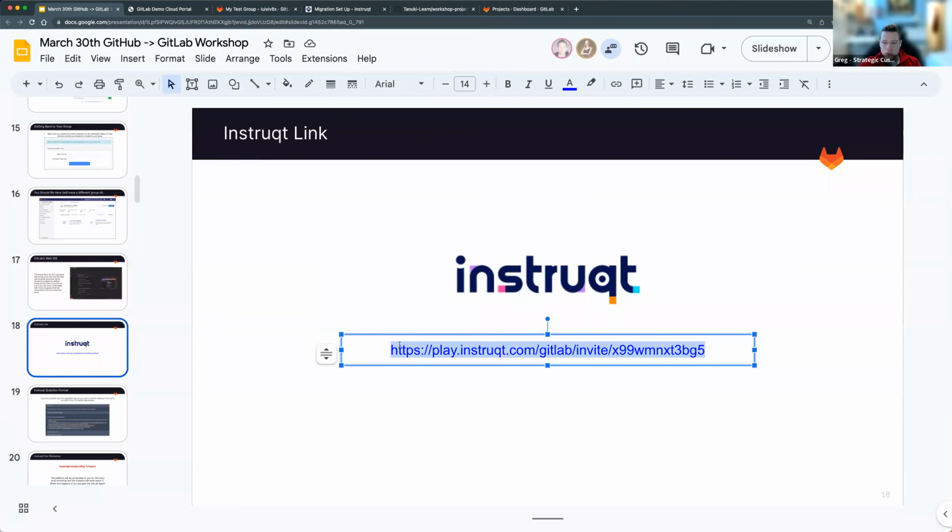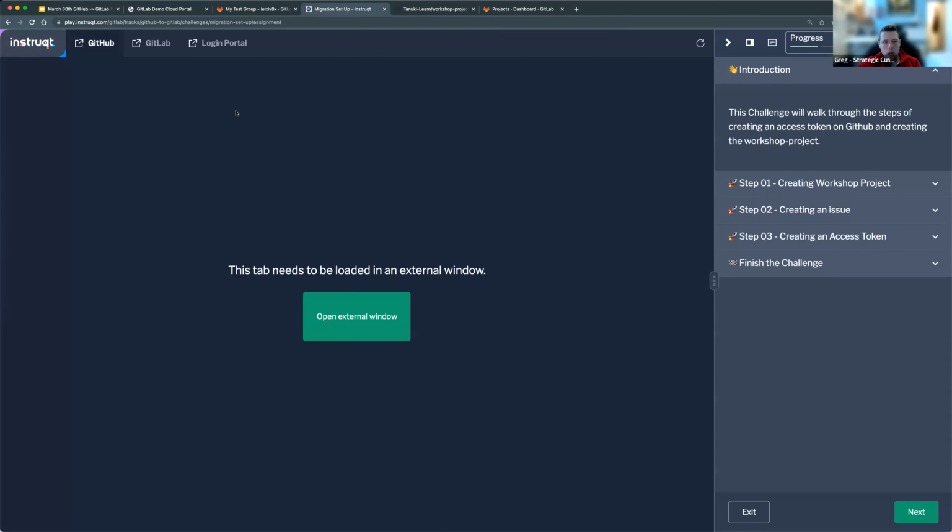So what we'll need to do is copy this, and this is our second platform. This is our infrastructure. This is where basically our instructions for the workshop are going to be. So what you need to do is just open that link and click accept. You'll be able to log in. If not, you'll need to set up a new account for that. And once you go through it, you will see that particular page. So that, in essence, is our